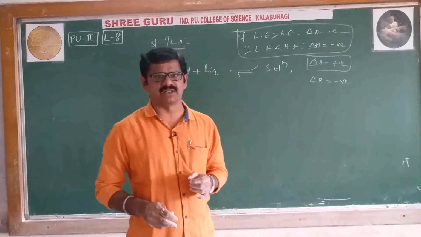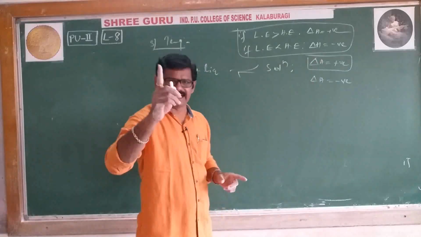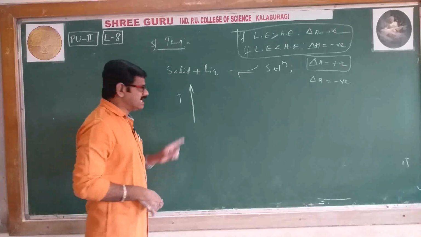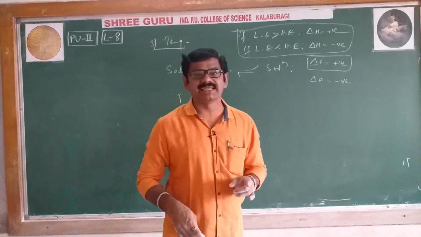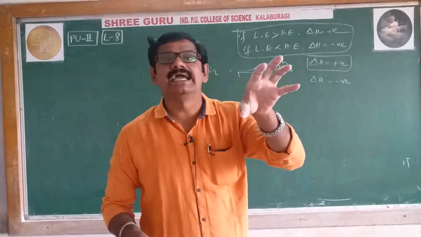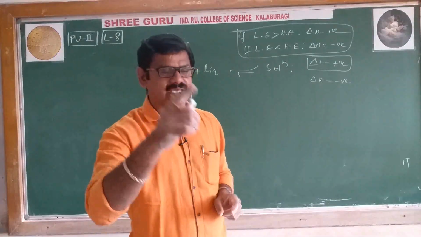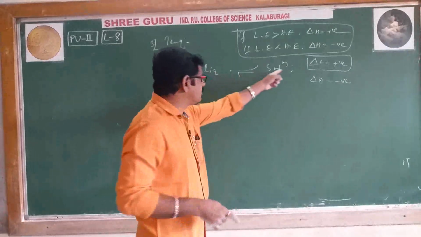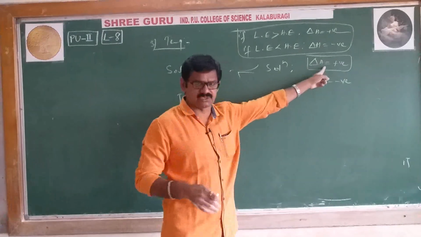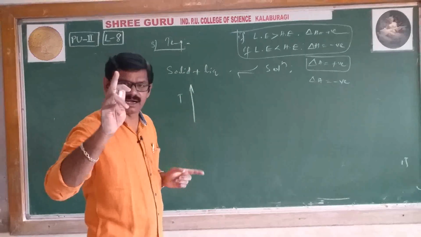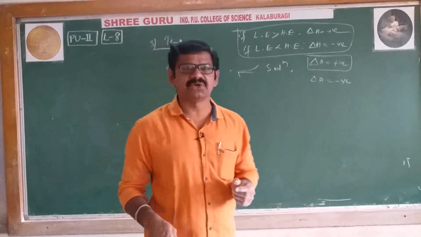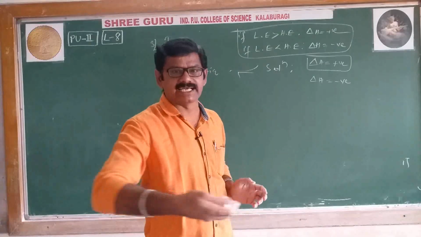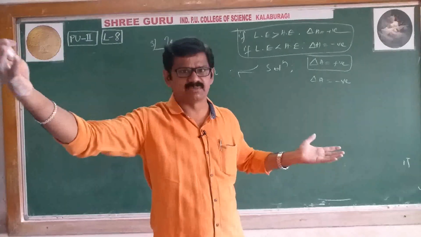According to Le Chatelier's principle, if it is an endothermic process, temperature should increase. If temperature increases, then immediately the reaction shifts towards the endothermic reaction. Endothermic reaction means the forward reaction takes place. I'll repeat: if the forward reaction is endothermic, then according to Le Chatelier's principle, temperature should increase. You have to refer to Le Chatelier's principle that you learned in your first year, because right now I cannot explain the entire Le Chatelier's principle story.